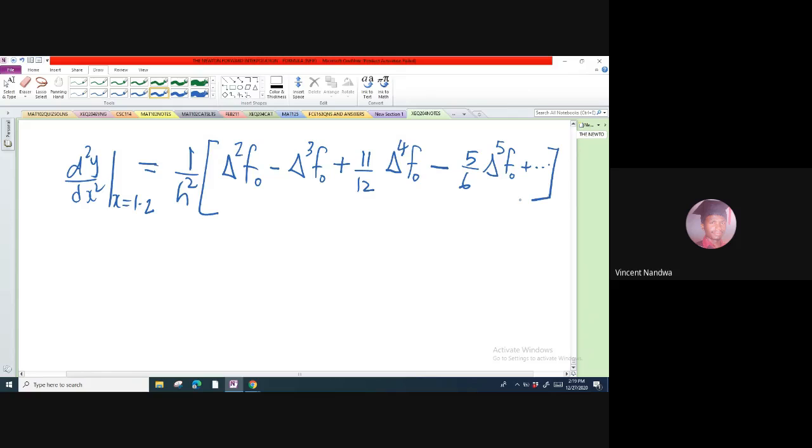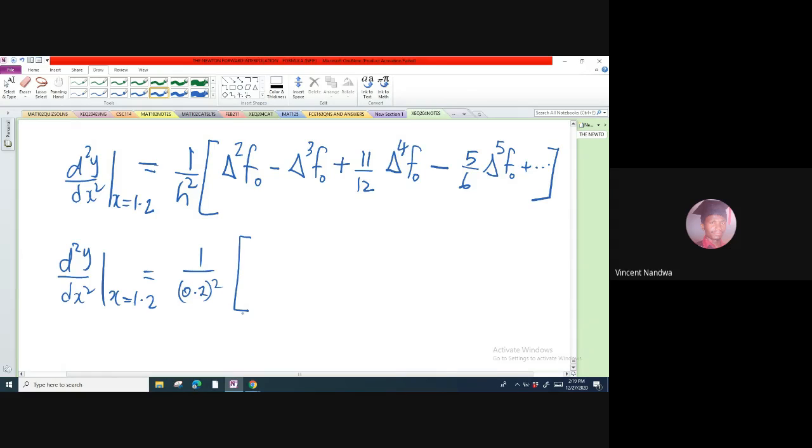This is the formula. So when you replace, we get d squared y/dx squared at x equals 1.2 is 1 over 0.2 squared